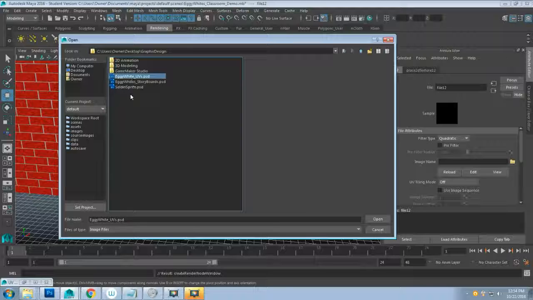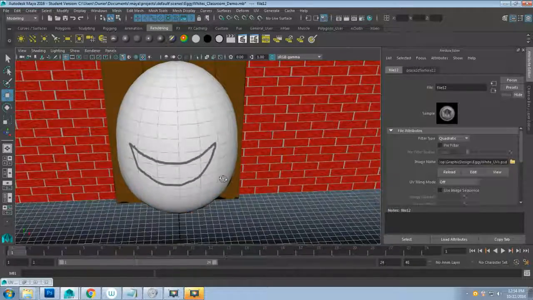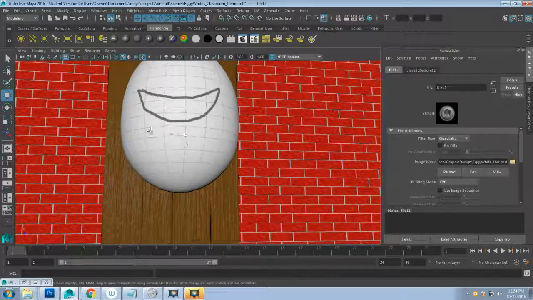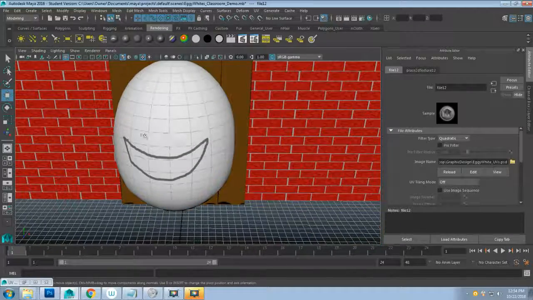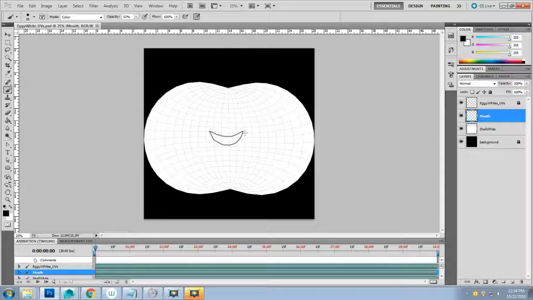Alright, so I'm going to grab my Eggy Whites, make sure I grab the little UVs thing that I just painted out. So there is where our mouth is going to be. And you can see it's not exactly center, which bugs me, so I'll have to move it center. You can see where the pants line is going to be, and our eyes can kind of go on here. And as you're doing this in industry, you'll probably jump back between what you're painting and how it looks on your model back and forth several times before you're happy with it. And you can see here, the mouth is not center. So I will go and grab my little move tool, and I will just center the mouth